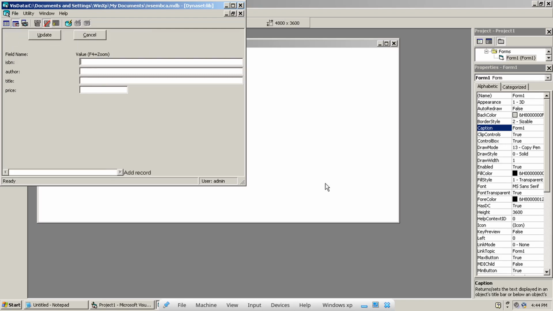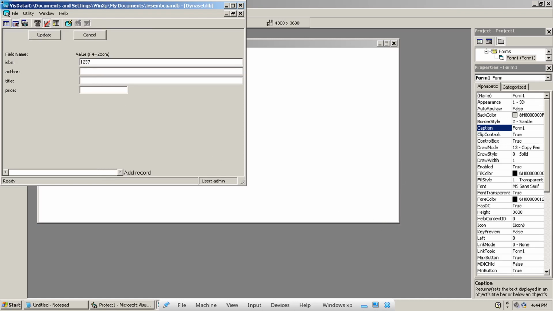Again add 1 2 3 6. Author is Padma, title is, let's say, OR, price is 190. Again I'm going to say add 1 2 3 7. I'm going to add one more record.